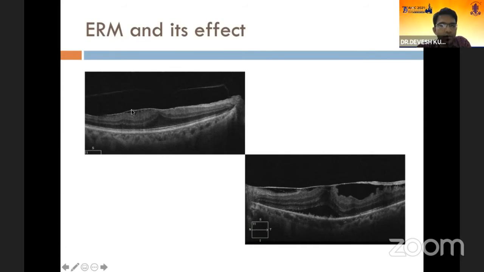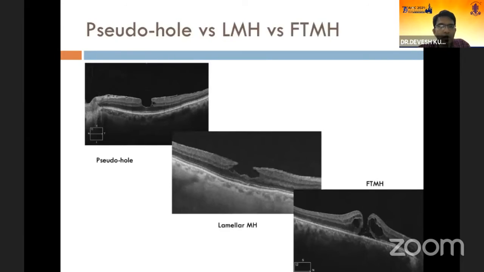OCT can very well pick up the hyperreflective epiretinal membranes and the effect that these membranes cause on the underlying retina, such as shown in the second image, where there is a distortion of the retina and a neurosensory detachment. Now, it is very